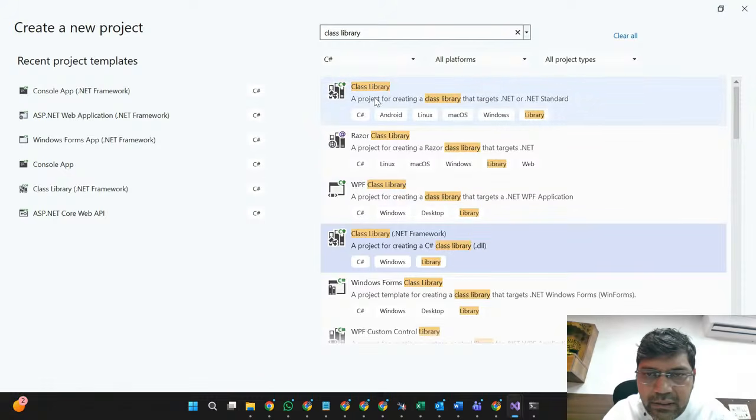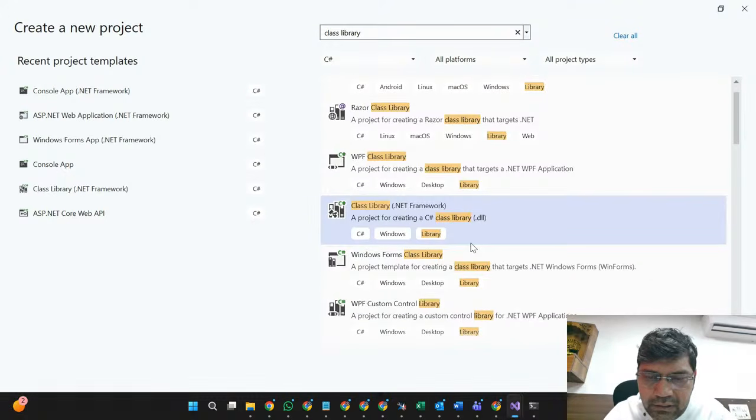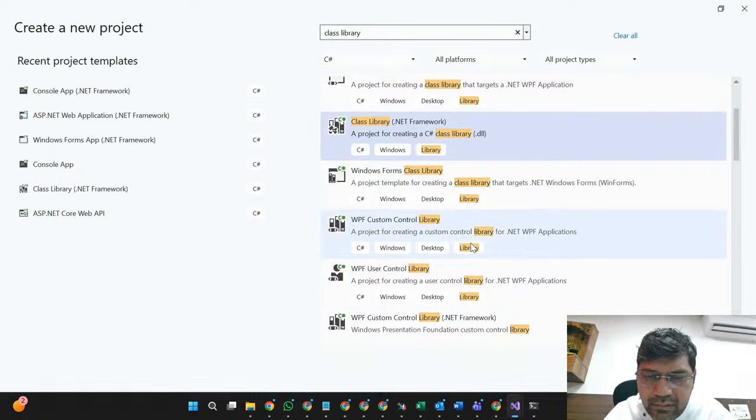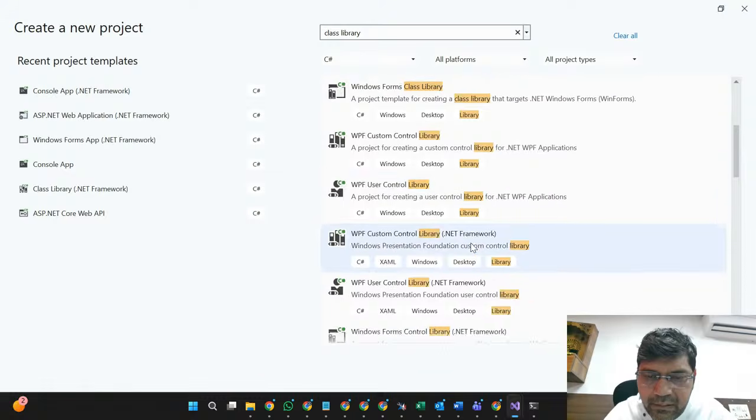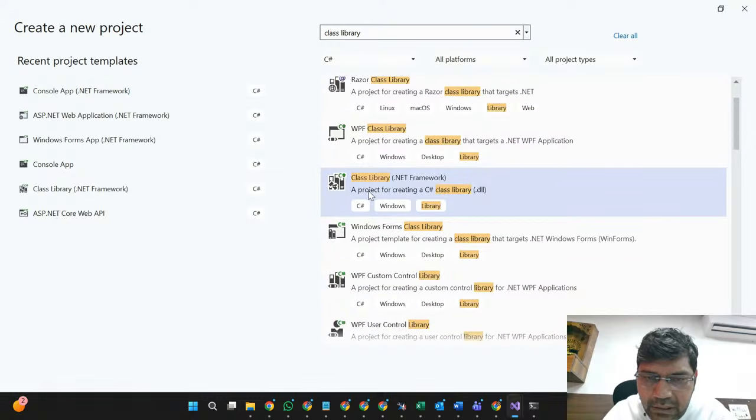You can see this is also a class library, but we have to use the class library where we register our DLL file, right? So this is the correct file. Here we have to choose the C sharp file, and the library is the .dll file we have to choose, right?